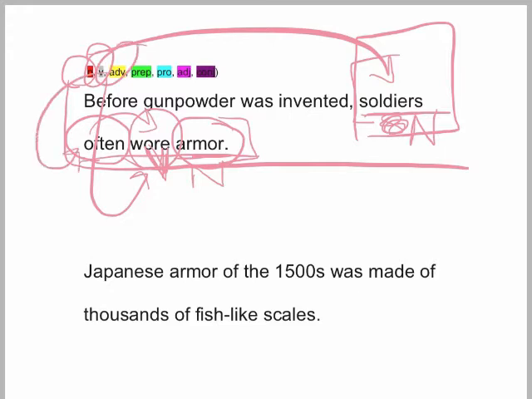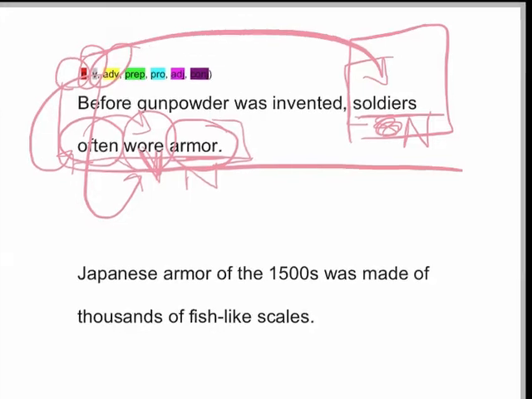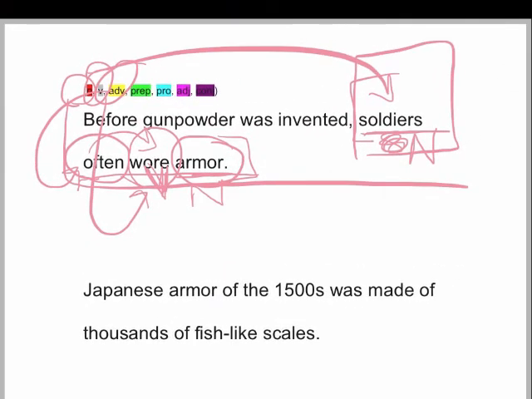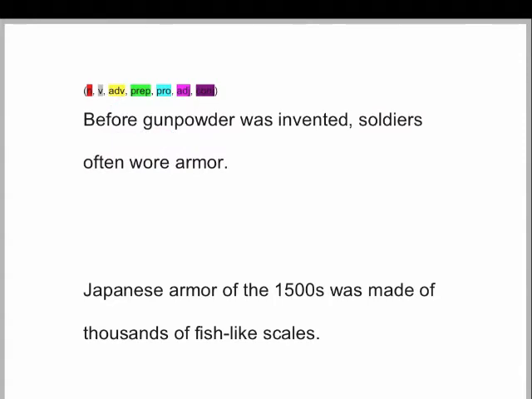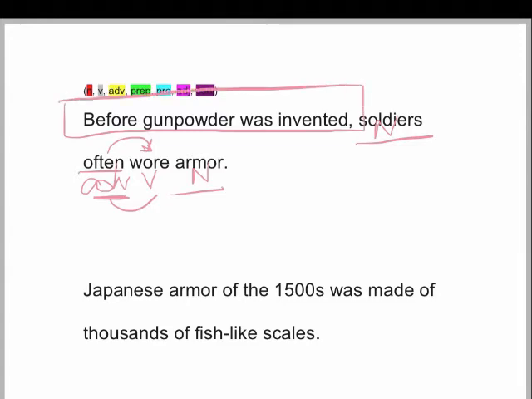We've got a noun, verb, and another noun. Often describes the time when they did this, so here you have an adverb because it's describing the verb. Adverbs always describe verbs. So we've got the subject and your object nouns. Then up here we have something we call a dependent clause. It's not a complete sentence all by itself. It would be a fragment if it were alone.